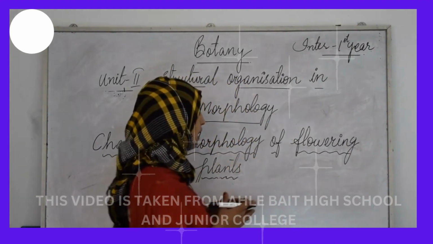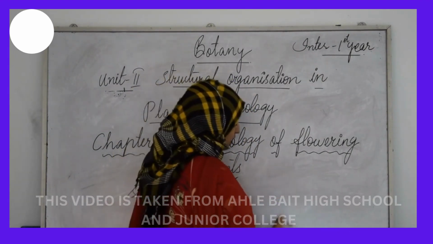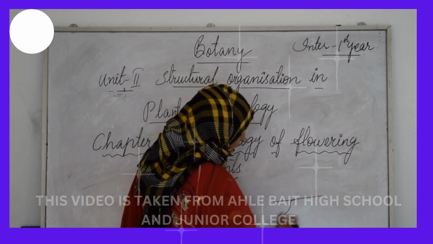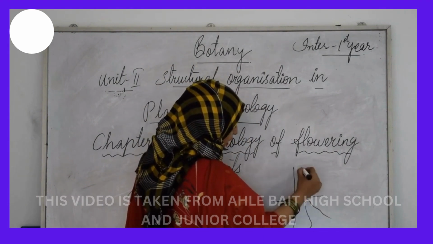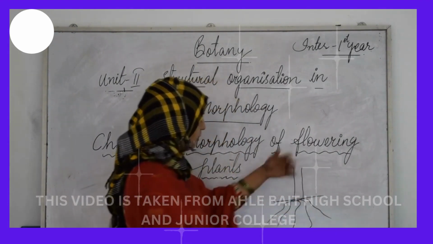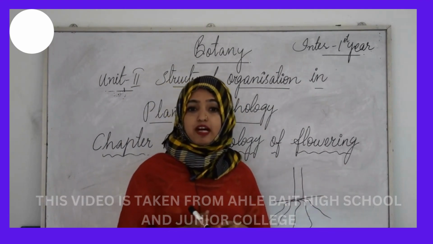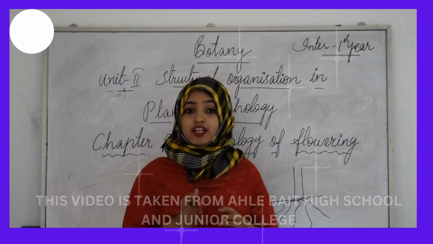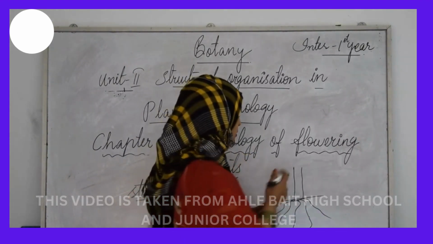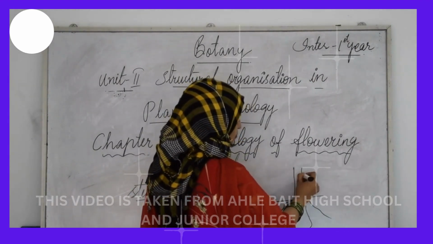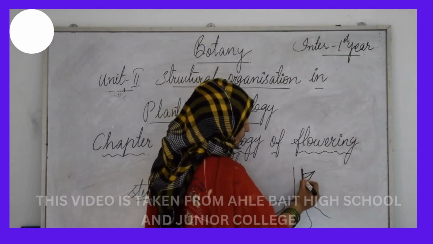Actually, we all know that a plant body consists of different major parts. From that, one is the roots that we have already learned, and the next one is the stem. That will be present on the upper surface of the soil, and it consists of a few main parts like nodes and internodes. And what are nodes? Actually, the region of the stem where leaves are borne, the region from where leaves are arising. Just suppose leaves are arising directly from the stem, then these regions are called nodes.